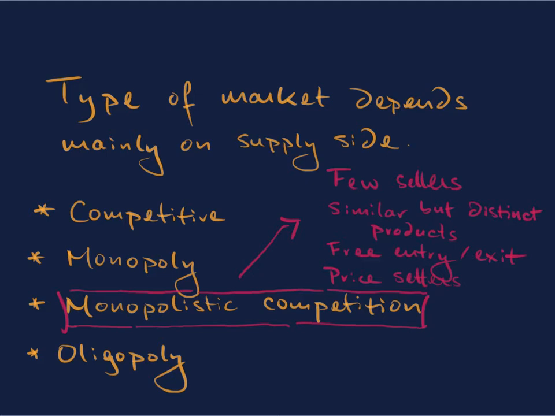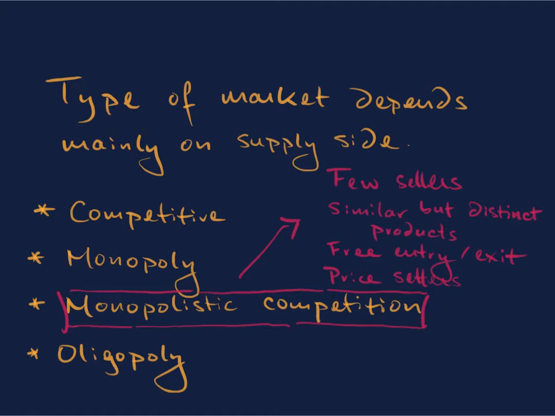Okay, remember that's what happened in a competitive market, or that was a characteristic of a competitive market, was that firms were producing identical items. Monopolistic competition, they sell similar but unique items. Samsung Galaxies and Apple iPhones are similar in some ways, but they have their own unique features.